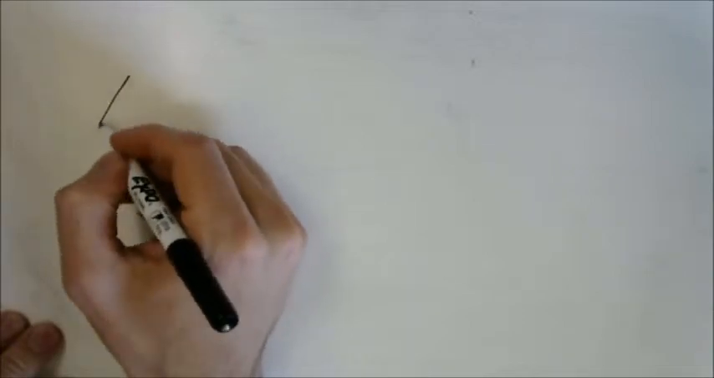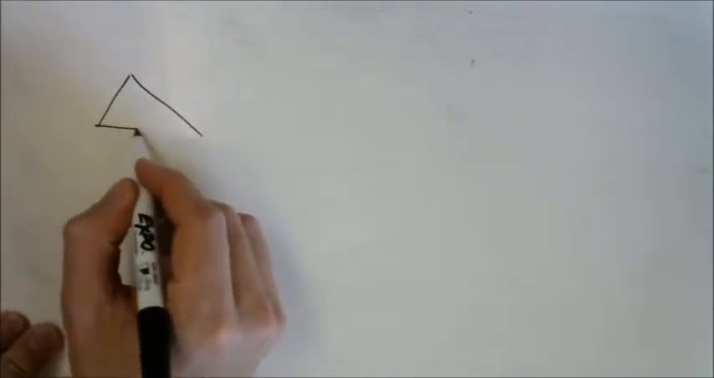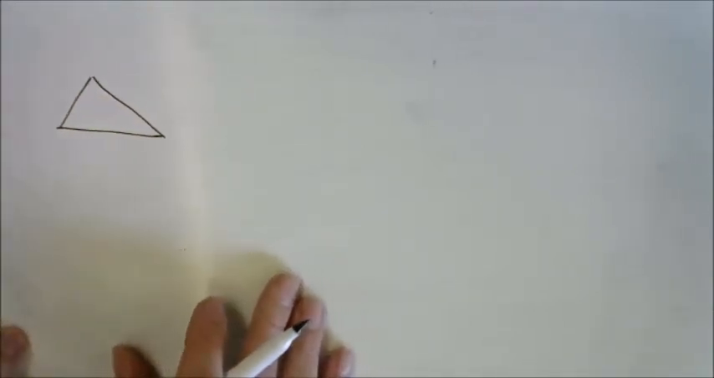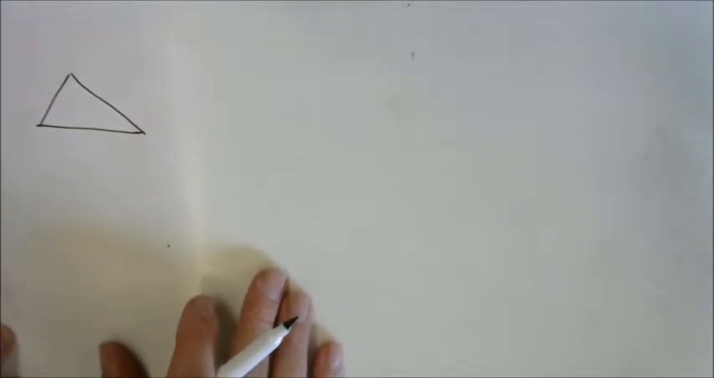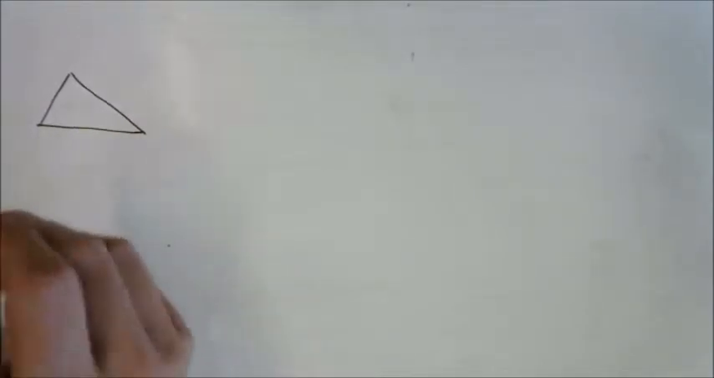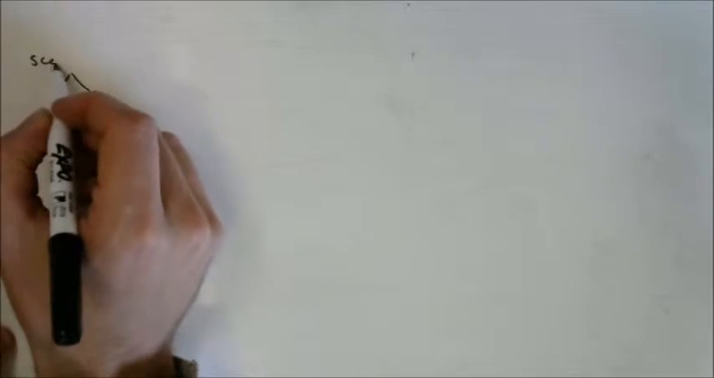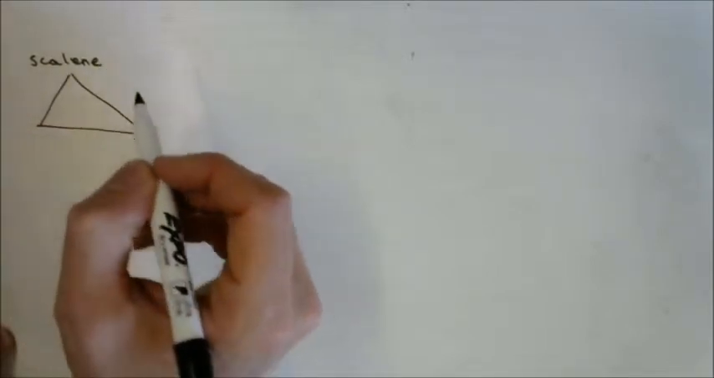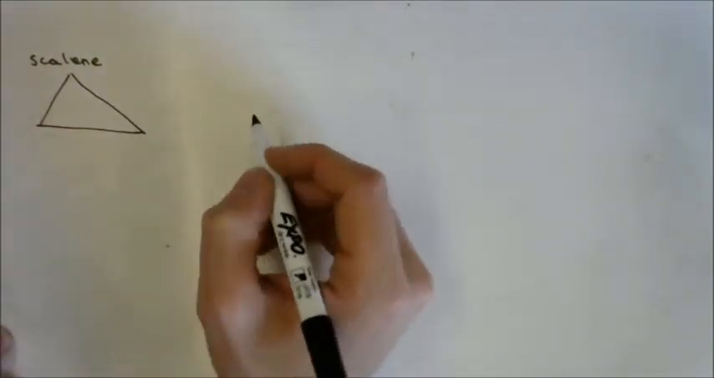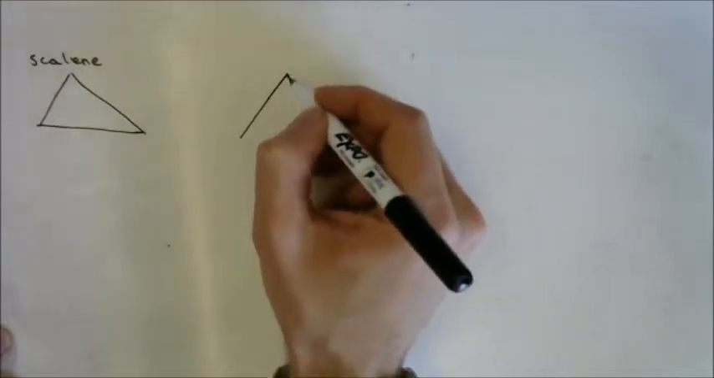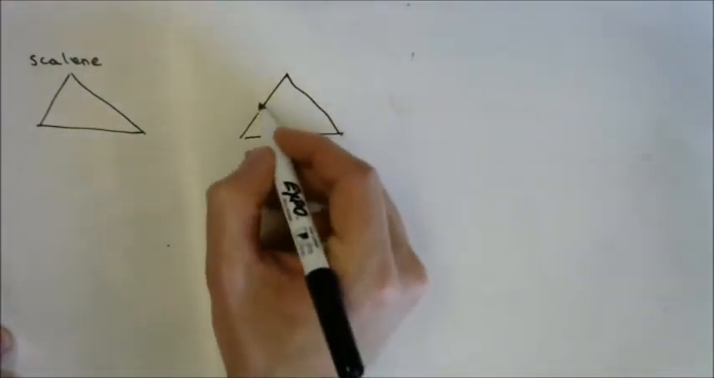So the first one, we have a triangle that has no equal sides, no equal angles. Any idea? What's it called? This is a scalene triangle. Scalene triangle. In your next image,